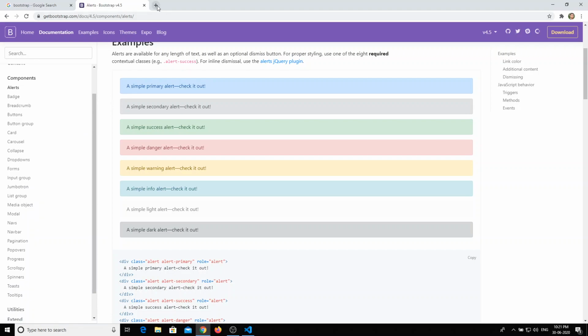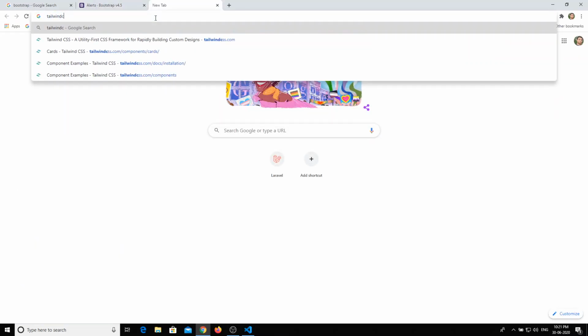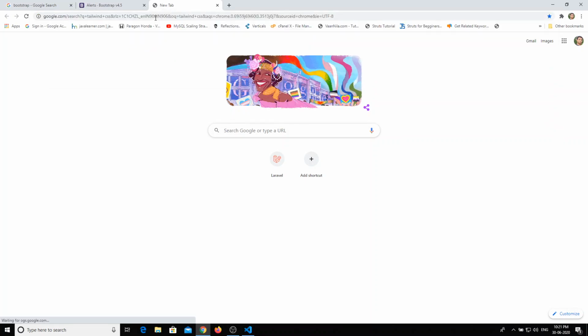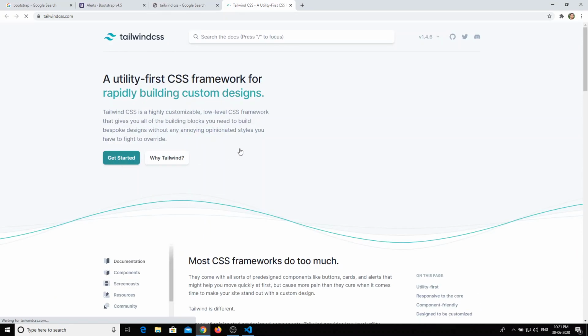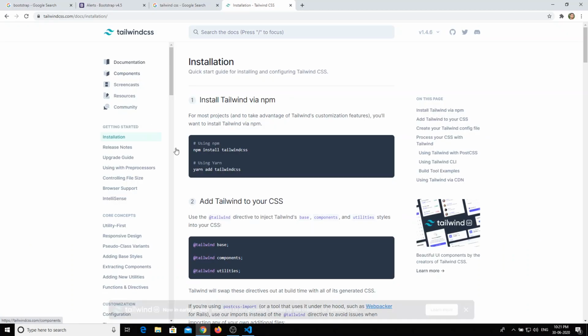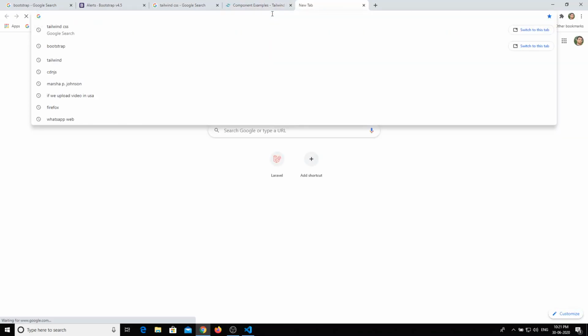Also, if you look at another CSS framework, another popular one is Tailwind CSS. In any CSS framework, you'll be able to see the components. Another famous one is Bulma.